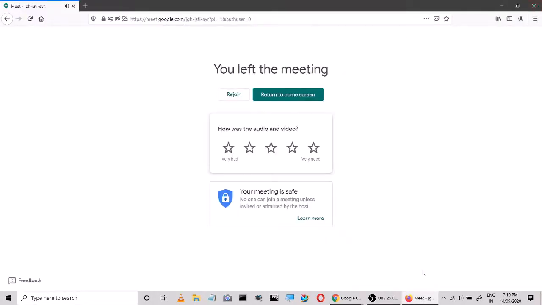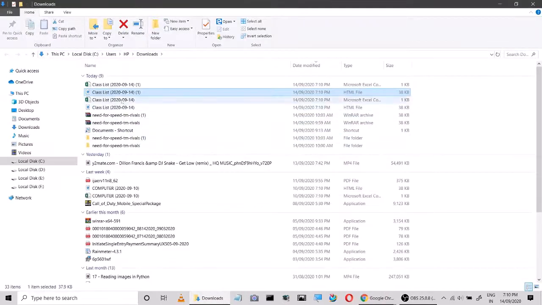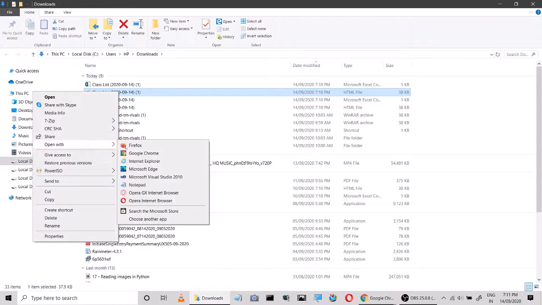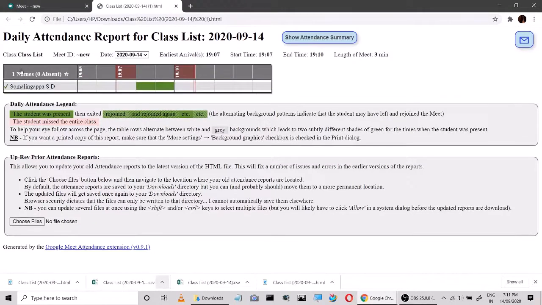Now I will open the HTML file, open with any browser. This is the name of who has attended. It is giving a class; you can create the class name.